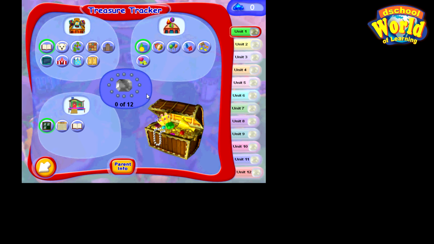For you to know what the game is actually testing on, click on the parent info, change to learning games, and move your mouse pointer on any of the games. It will show you what each game is teaching.